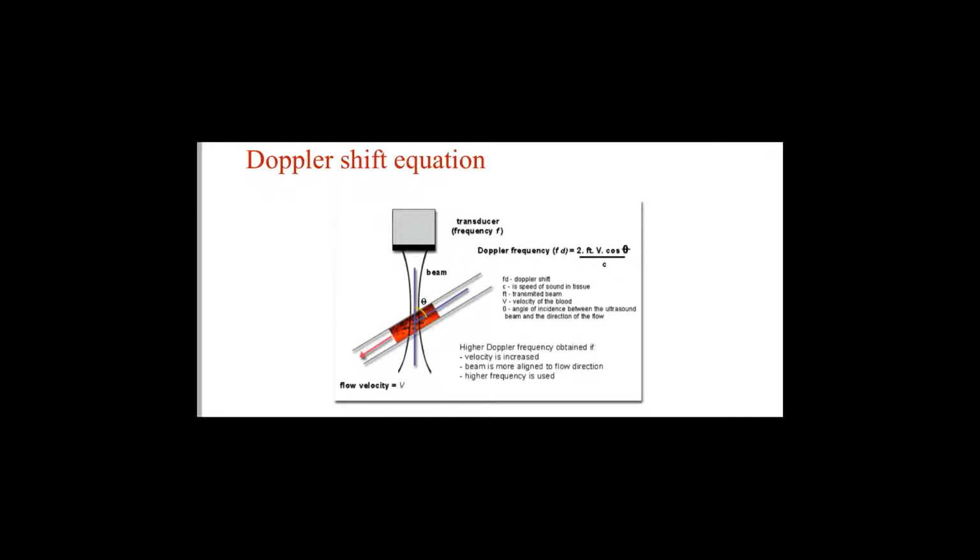That returning frequency is called the Doppler shift. How much you get back depends on what? How much you get back depends on how much you send in the first place. And that's why the higher the frequency, the higher the returning